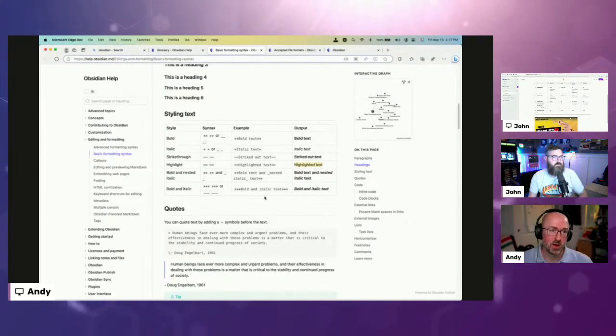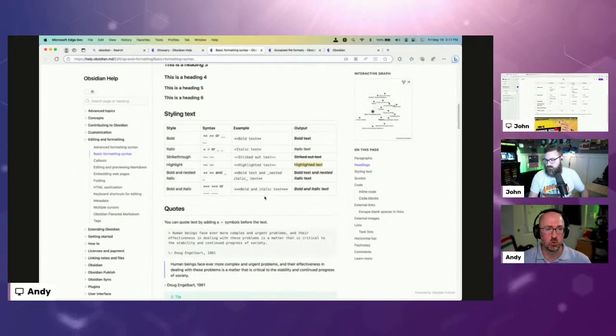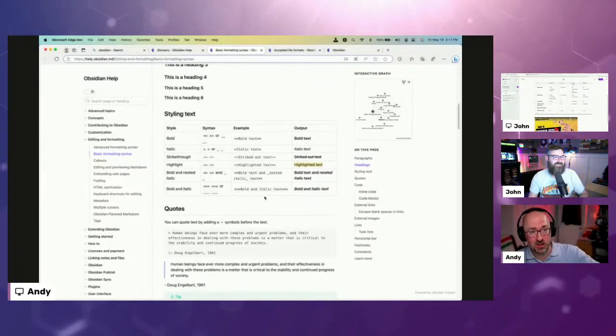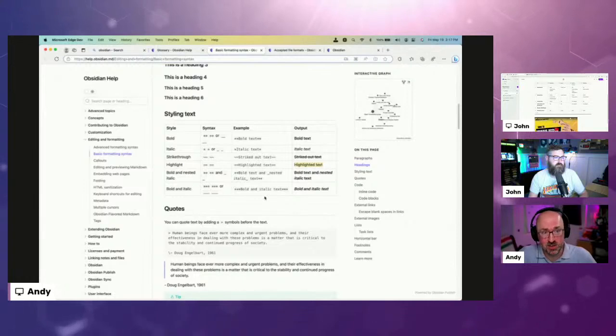So there's some things that you have to learn, because you're not going to get that inline, UI based element. You're not going to get the forward slash like you're going to get in Loop or in Notion. So there's some things that you kind of have to learn. It gets a little hardcore working with this, but with that being said, it makes it so that if I want to write a blog post and have that in my Obsidian notebook, and then quickly publish it over to WordPress, it's pretty straightforward to do that.